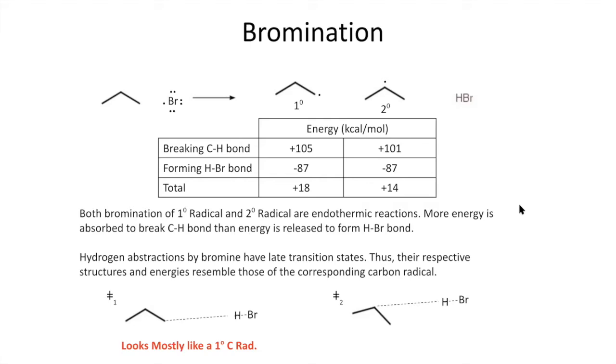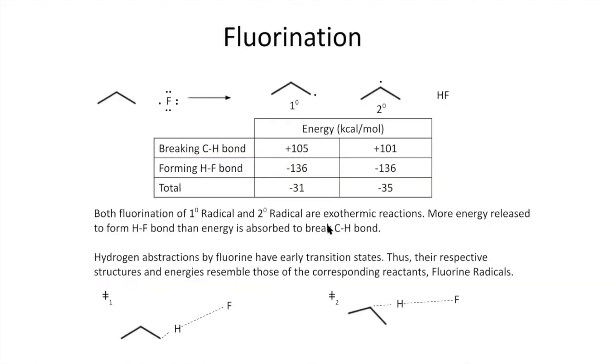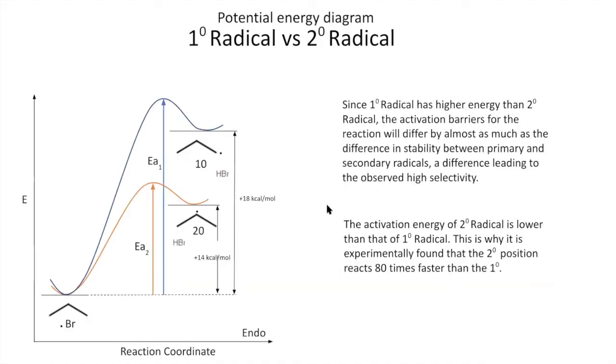All right, this one looks most like primary carbon radicals. So when we put these both on a reaction coordinate diagram, I'm only showing one step of the whole mechanism, just propagation step 1. You can see the secondary is lower in energy because the secondary radical has 2 sp3 carbons donating. The primary only has the 1. So the transition state which looks like the secondary carbon radical is going to be lower than the transition state that looks like the primary.